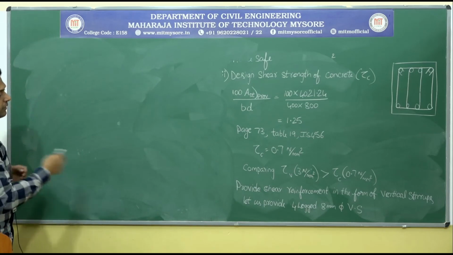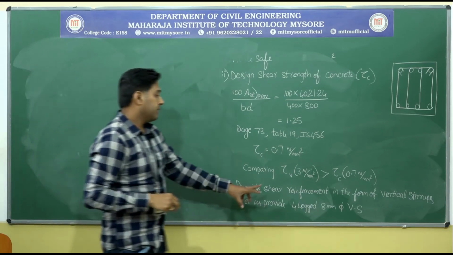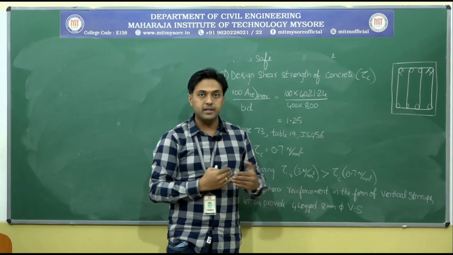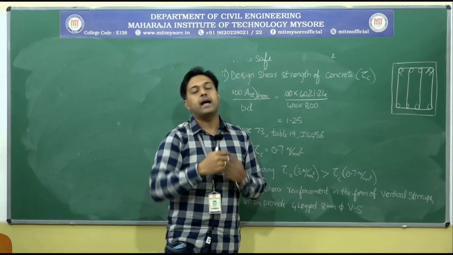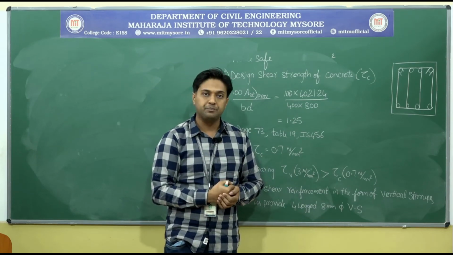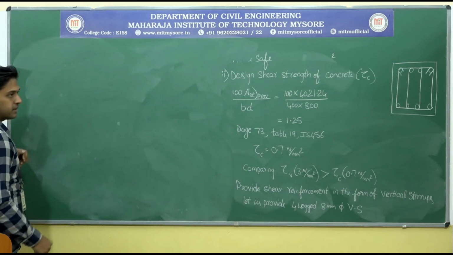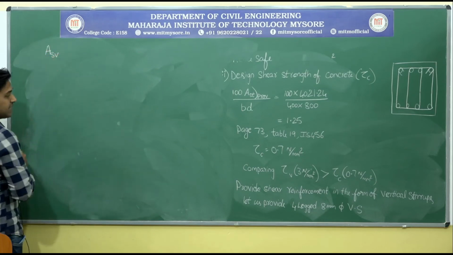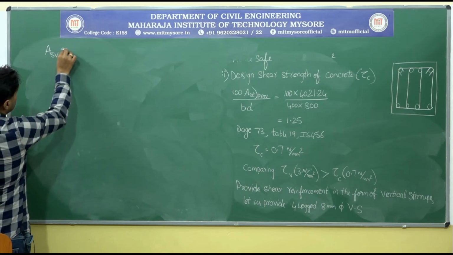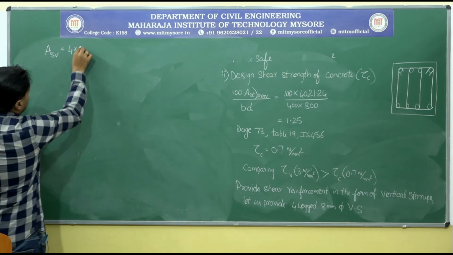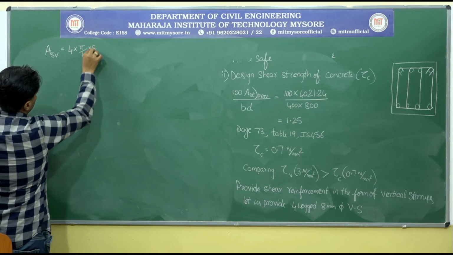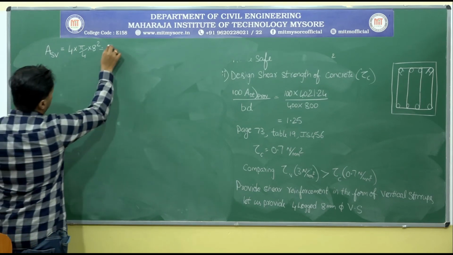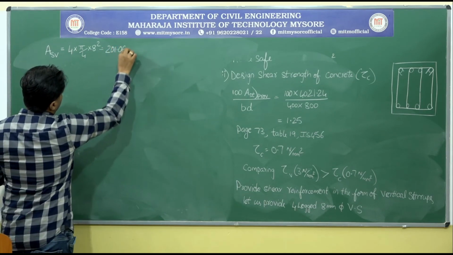Okay, so now I know the dia of the bar of the stirrups and that it is 4-legged. Now the thing is, I need to calculate at what spacing I need to provide the vertical stirrups, yes or no? So now I need to calculate the spacing. If I want to calculate spacing, first let me calculate the area of vertical stirrups, ASV. So as it is 4-legged, into the area of each bar. Okay, so the final value that we are getting is 201.06 mm square.